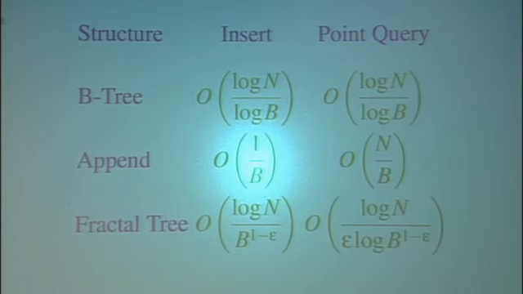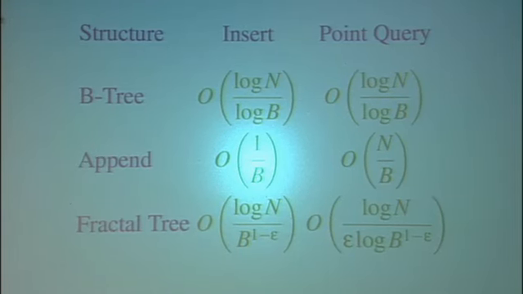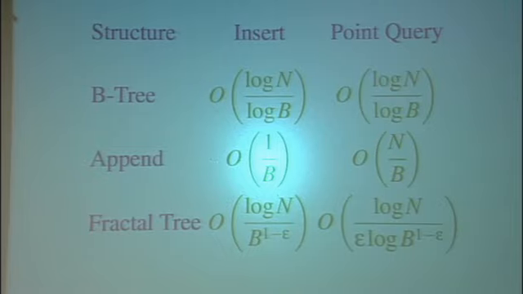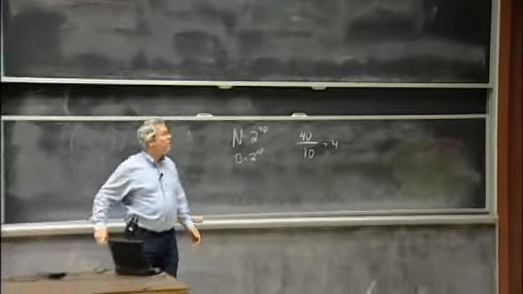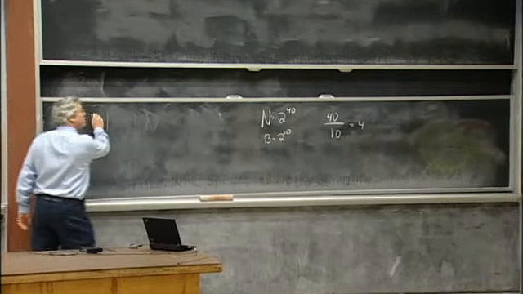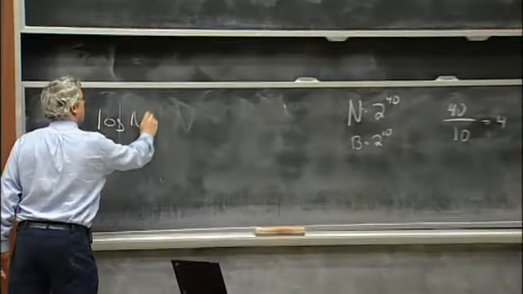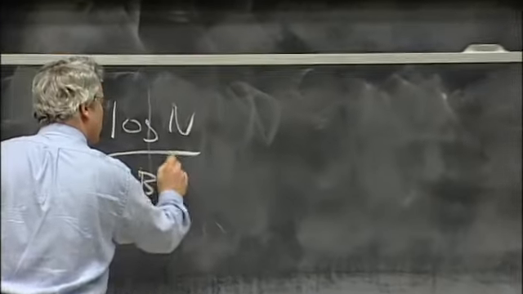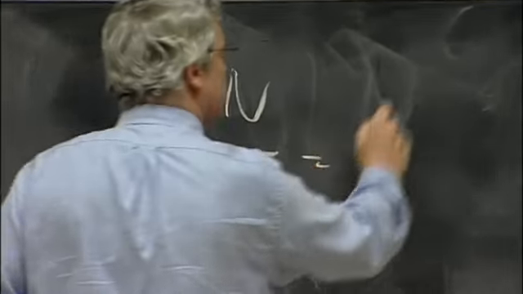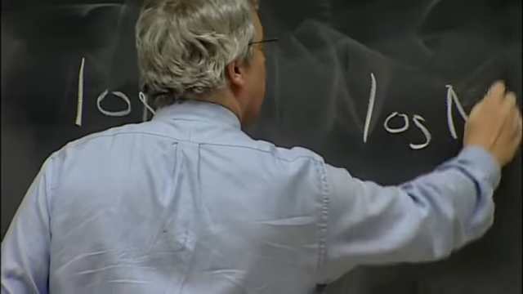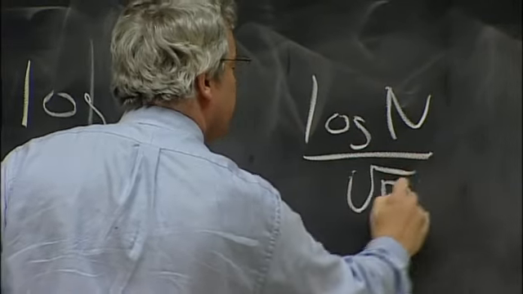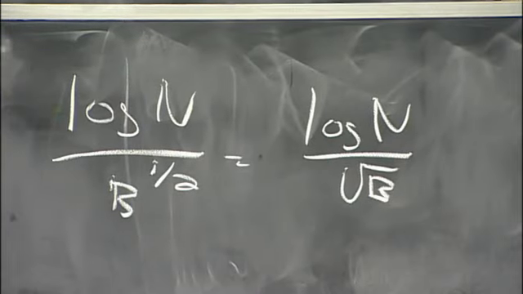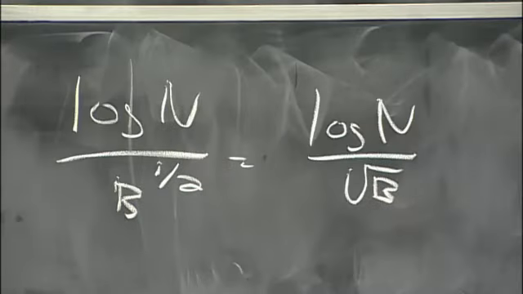Let's set epsilon to a half and work out what that is, because epsilon a half is a good engineering point. So the insertion cost is log n over B to the 1/2, which is log n over root B, right? And the other one, the lookup cost,